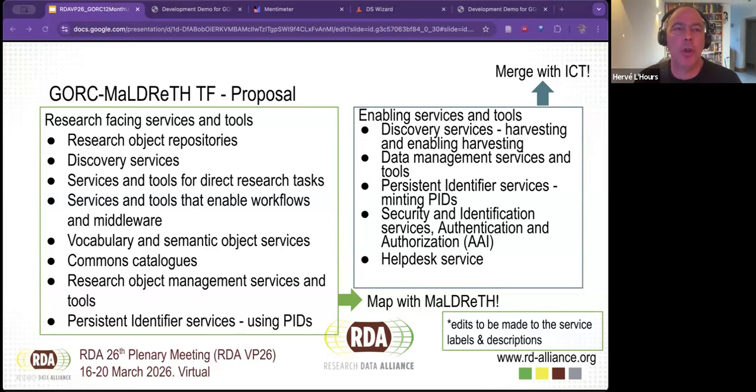I think the thing to look at is whether or not the Maldreth alignment solves one of those sets of linkages. If it does, then that might be a justifiable way to do it. But I'd have to look a bit more to see whether that necessitates a split between ICT and services, or whether that could do Maldreth a favor by saying our tools have both a foundation of underlying IT, but can also be bound up into a series of services, with service components and configuration items, etc.